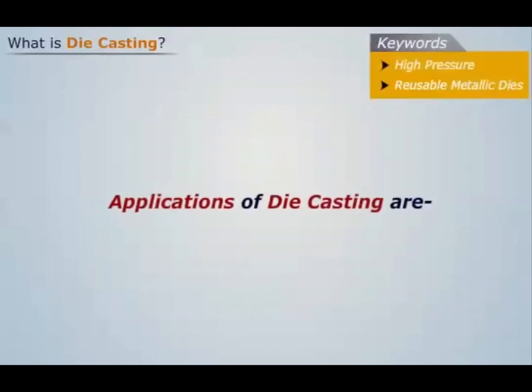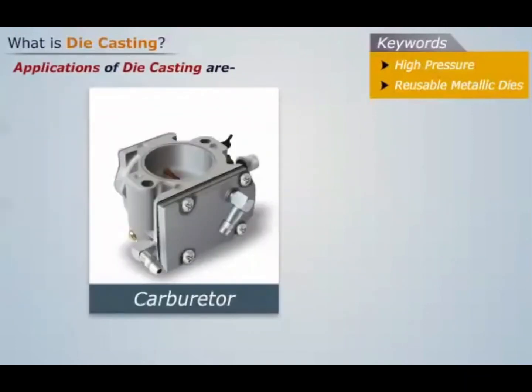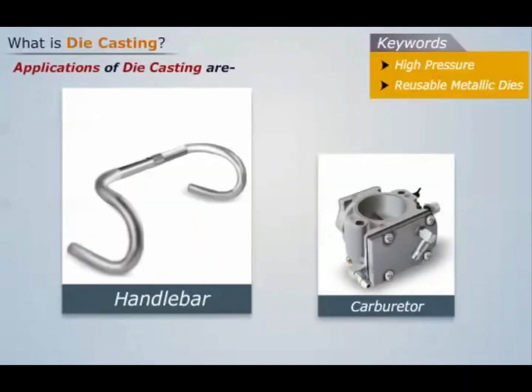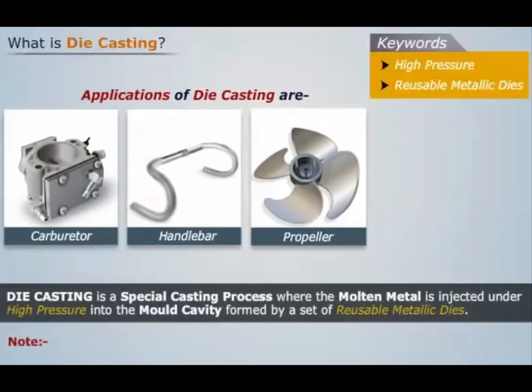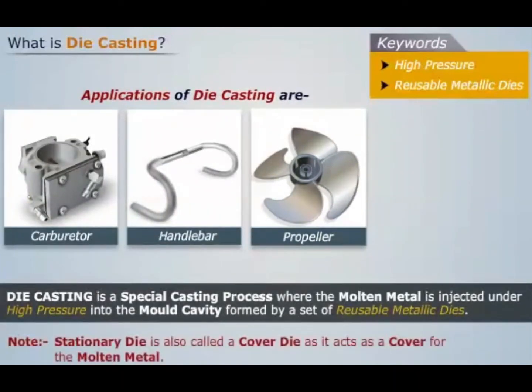Some of the examples where die casting is employed are carburetor, handlebar, and propeller. Note that the stationary die is also called a cover die, as it acts as a cover for the molten metal. Related terms are